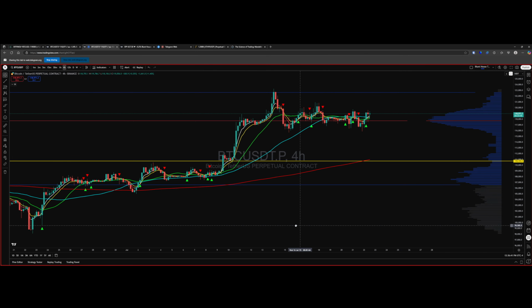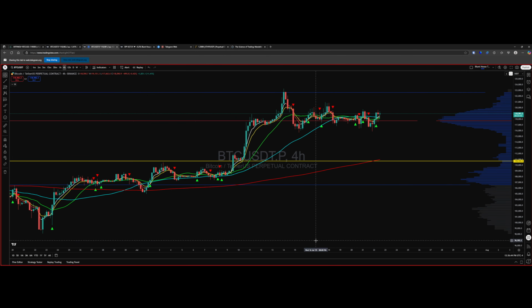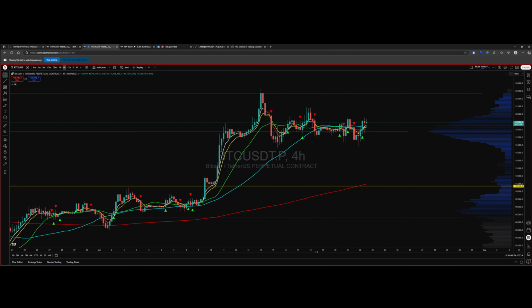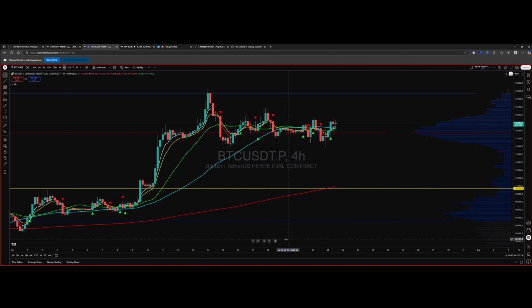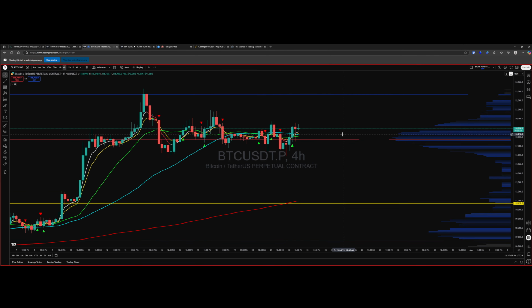Now, if I just bring this into view, there we go. Now, we've had our big impulse up, made a new high, everybody had a little bit of their own personal parade, whatever that was, and then it's back to business. So, could we clearly see on the 4-hour the little bit of a pullback? Sure. What I want you to notice, though, is that your price has just simply gone sideways, because we have three choices. Price is going to go up, down, or sideways.